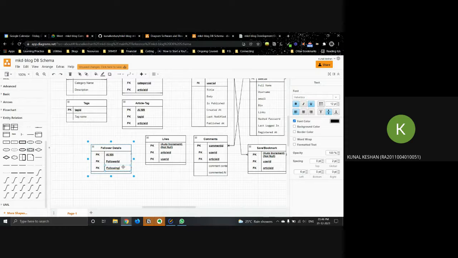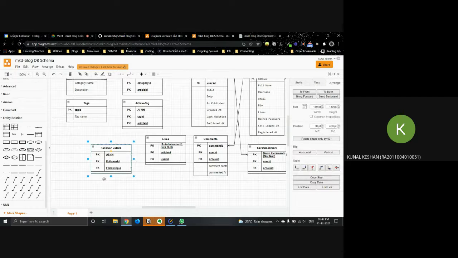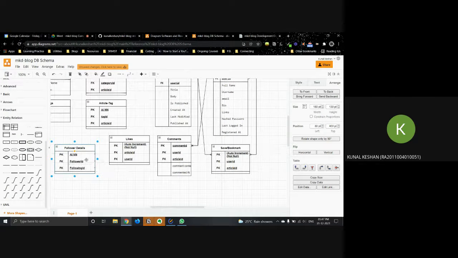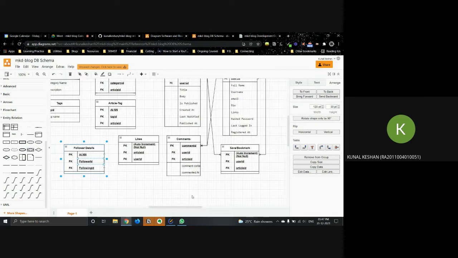I'll explain it. Okay, so what relationship am I looking at within this table itself? Obviously, my relationship with the user details will be like a one to one, because from your side, you follow one person, and you can follow that person only once. But if you look at it from the other perspective, you can be followed by many people, right? Okay.